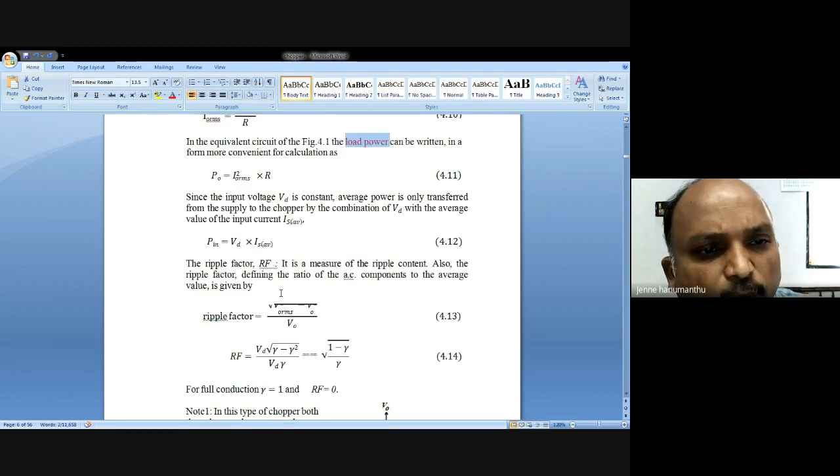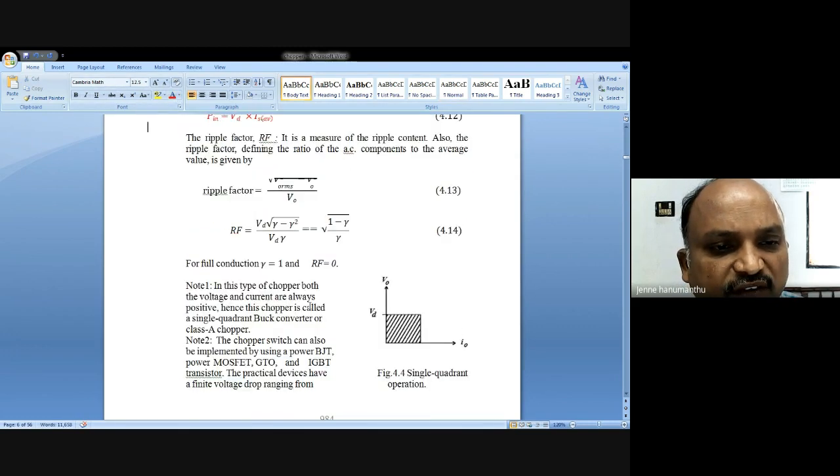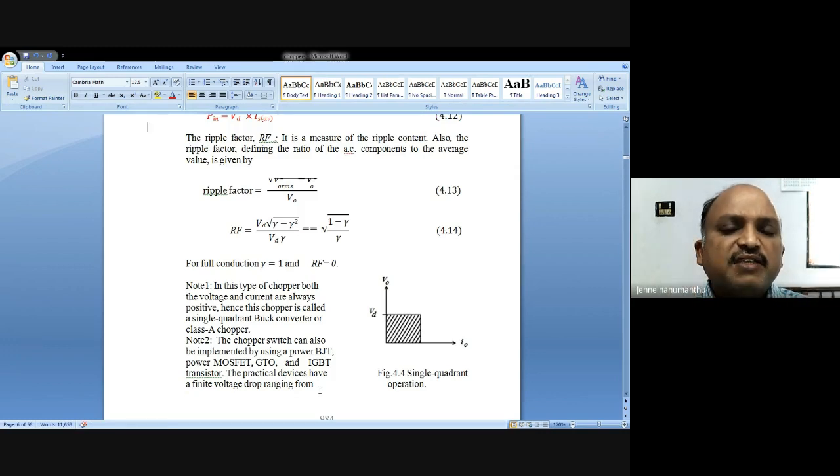See how much power you are expecting, P naught equals I square R, or how much input power. You can expect very low power if you use devices like MOSFET, GTO or IGBT. For higher power, you should use an SCR as a chopper.